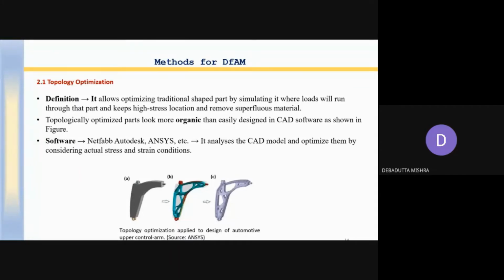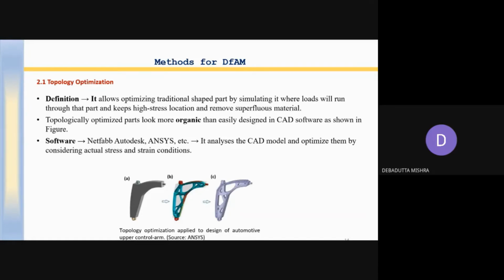Initially, you can see there was a 3D model where the material was filled inside. Then in part B, material is removed, and this is subjected to the FE analysis, finite element analysis, and wherever required, the stress and strain was calculated, and finally the design was built.